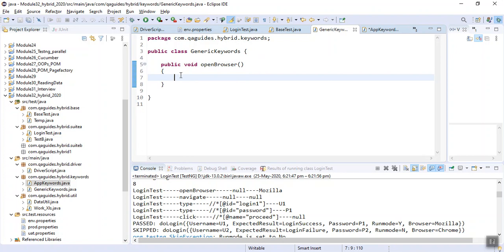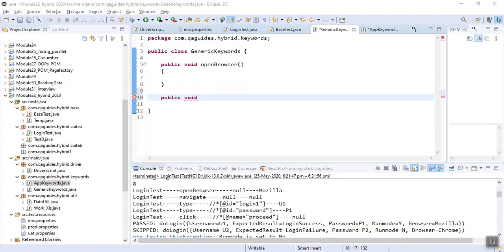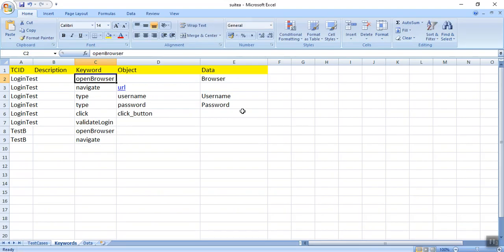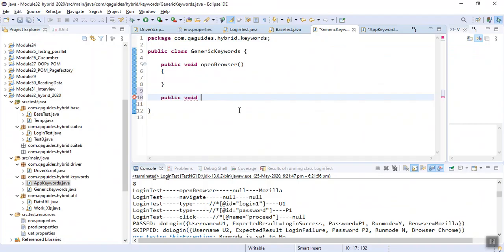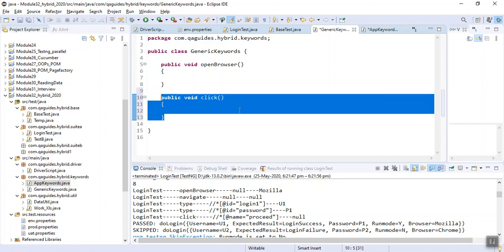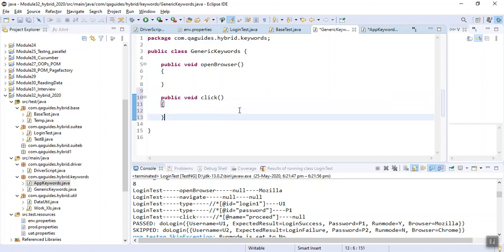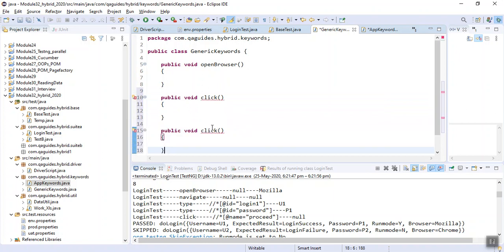We can make one for click also. These are reusable functions. Type also I can create as a function.